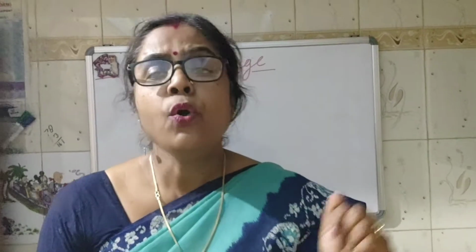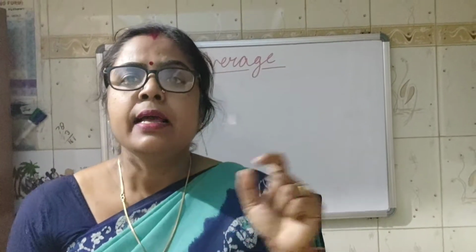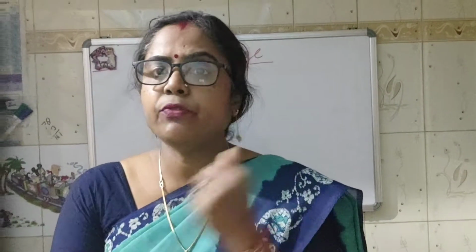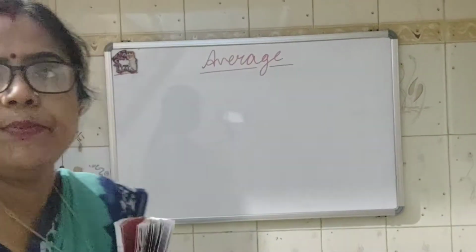If anybody asks you what the temperature of the whole week is, you have to say the whole week temperature is 38 degrees centigrade. Okay, so how did you come to know? What have you done? First you found the sum of the temperatures, meaning the whole week's temperature, and then you divided by the number of days. So we can say in short that to find the average of a group of numbers, we divide the sum of the numbers by the total number of events, whatever the things are. Okay, so it is related like that. So I'm just giving you an example, and then we will proceed like that.